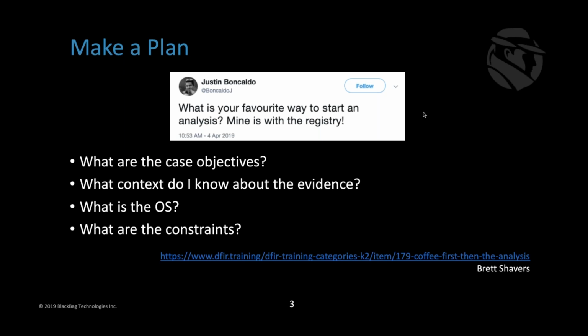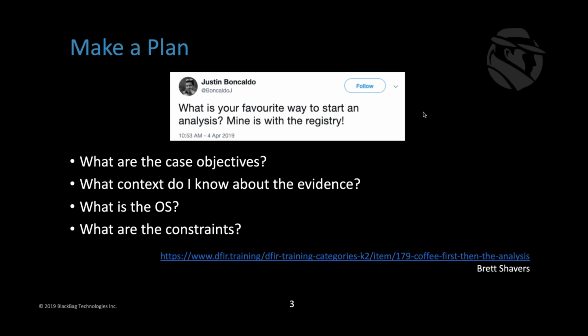But one of the ways that we set ourselves up for success when we're starting a case, and make sure we're using our time and resources wisely, is by going ahead and making a plan. So knowing what the objectives are for the case, both from the person you're accountable to, whether that's an internal HR department in a corporate use case, or the district attorney if you're prosecuting specific types of crimes, knowing what their bar is for evidence and what they want to see will really help you keep the end goals in mind as you look at how you want to approach the evidence.